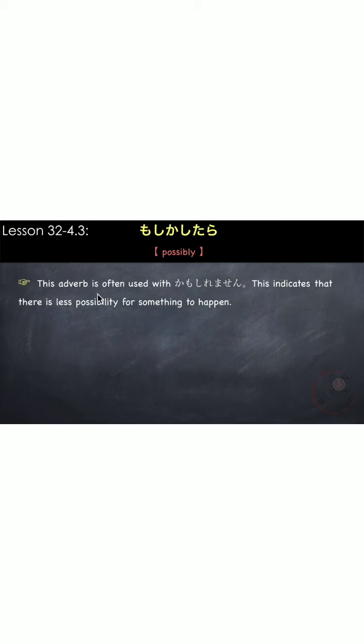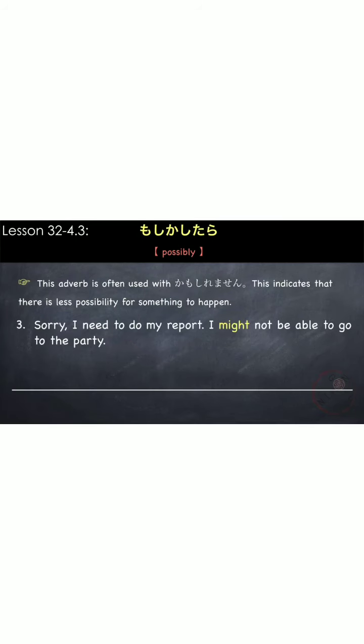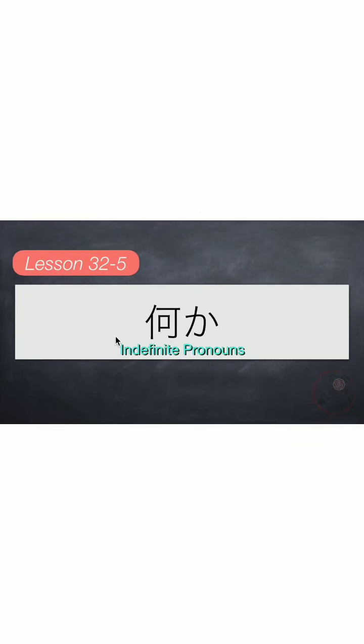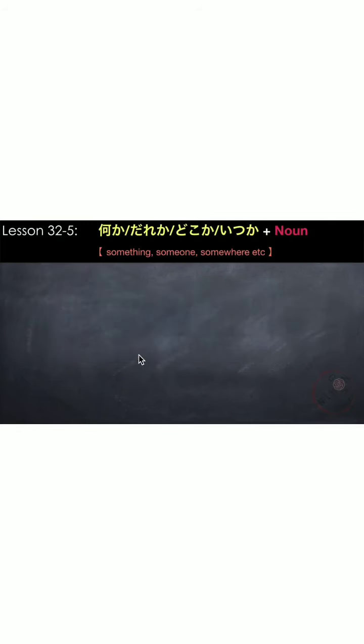And last is もしかしたら, meaning possibly. This adverb is often used with 何々かもしれません, which indicates that there is less possibility for something to happen. For example, sorry, I need to do my report. I might not be able to go to the party. ごめん、レポートをやらないといけない。もしかしたら、パーティーに行けないかもしれません。